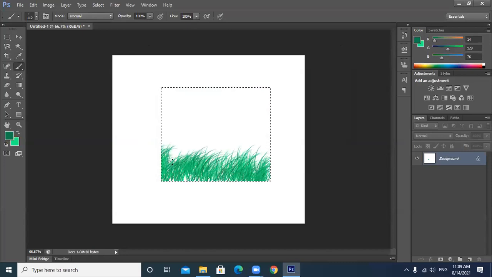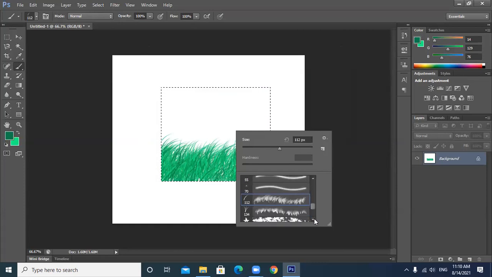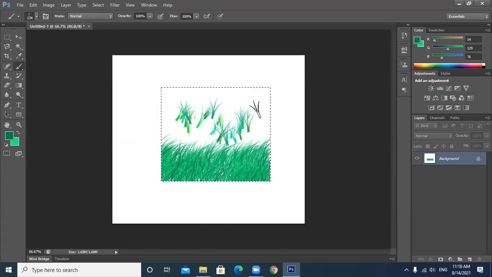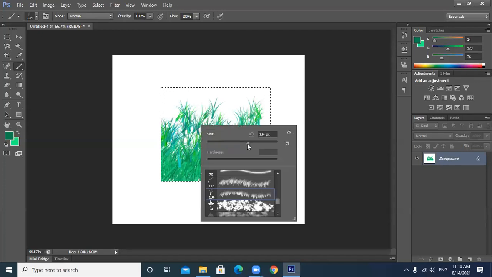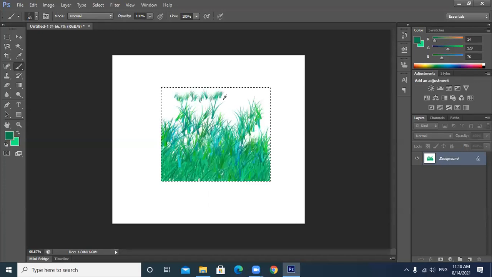Now I have used the selection, so it is not going outside the selection. If you want to paint outside the selection, what will we use? We will inverse the selection by using Control plus Shift plus I. So you can reverse it. Clear? So now if you want to change it, let it be this way. So these are the brushes. You can change the size and the hardness of the brush, however you need, right?